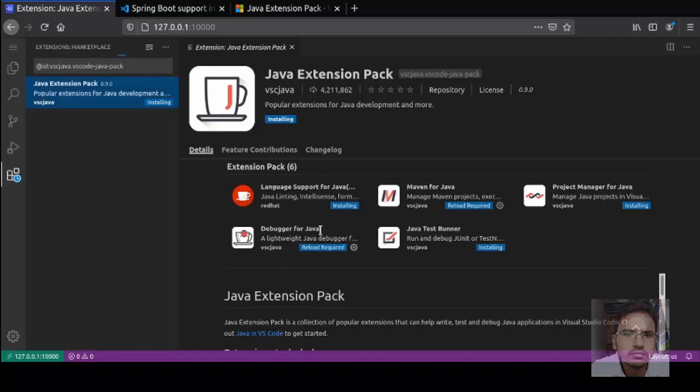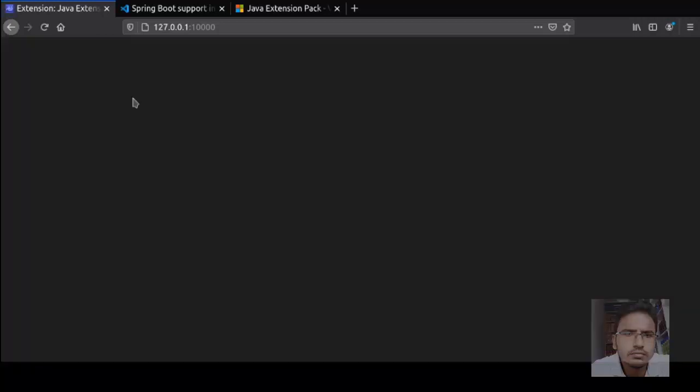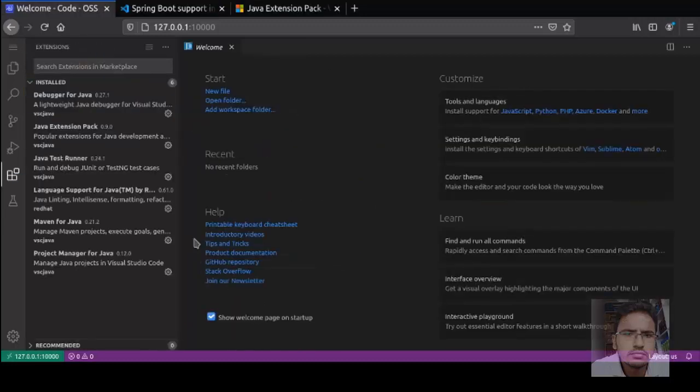You can install this in the same way in your Visual Studio Code without installing code server. Wait for some time. Refresh it after installation is complete.